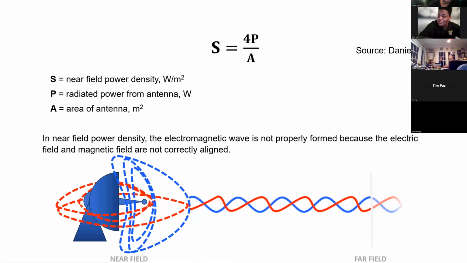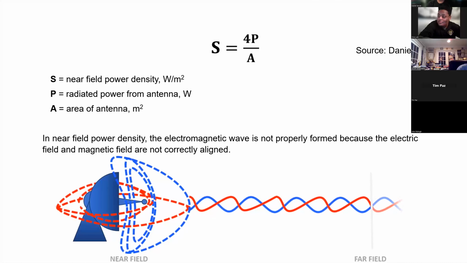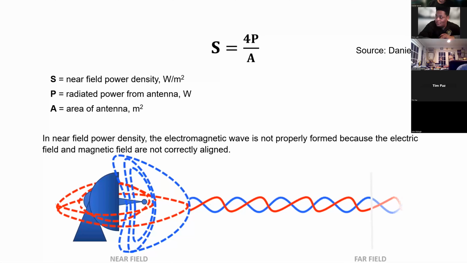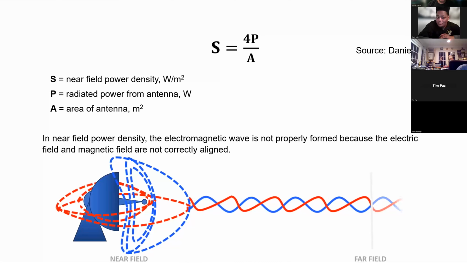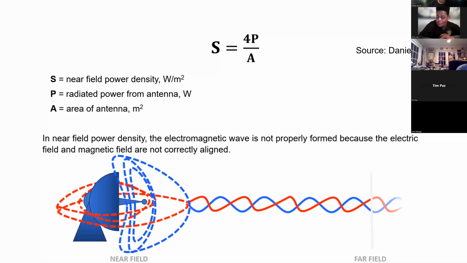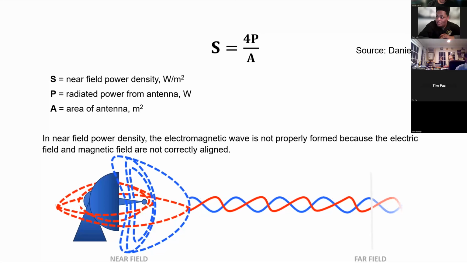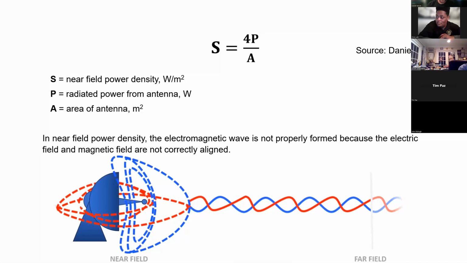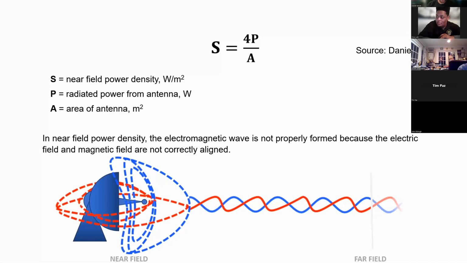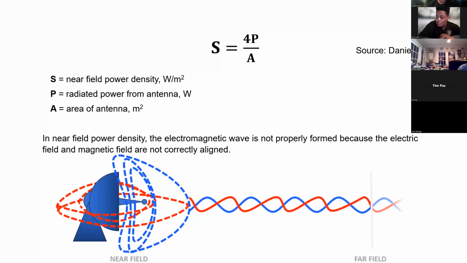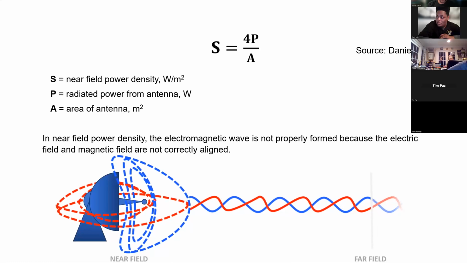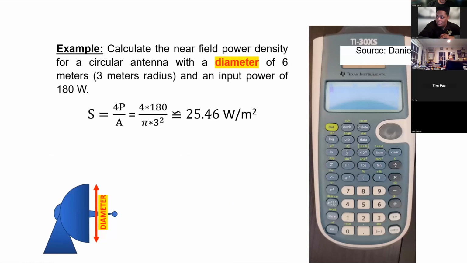As you can see in the animation, in near field power density, the electromagnetic wave is not properly formed because the electric field and the magnetic field are not correctly aligned. So we have to calculate the maximum near field power density using the area of the antenna and the power radiated. For example,